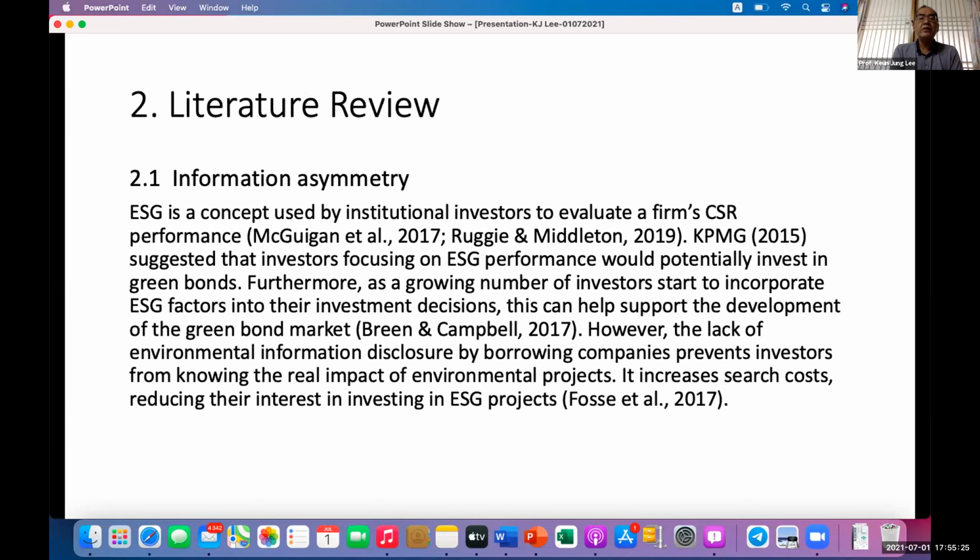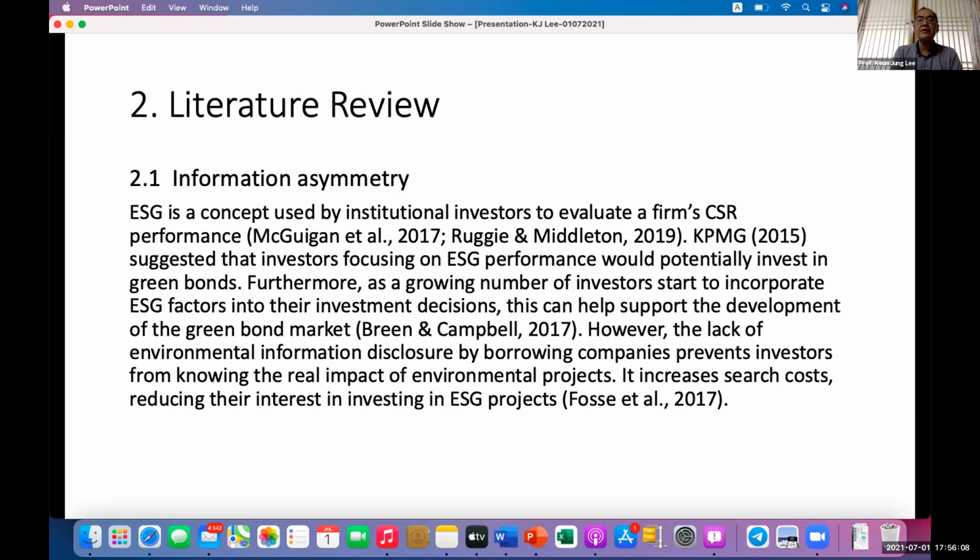These are research reviews. Okay, shortly I explain information asymmetry, as you know, with ESG. Also, Professor Yoshino, in yesterday's presentation, we already understood one problem: there is no fixed evaluation about ESG. That one problem is the bond rating or ESG rating agency. How can we trust the rating? Another problem is the lack of environmental information disclosure by the borrowing company, which prevents knowing the real impact of